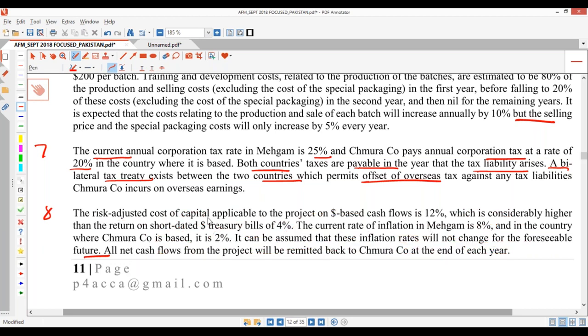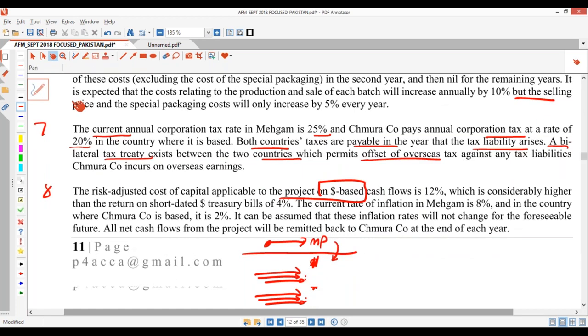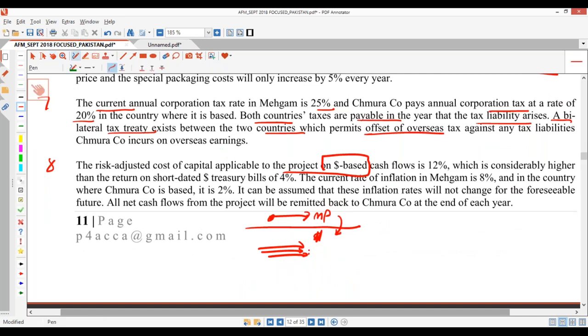So 12% is going to be the risk-adjusted dollar cash flows, because rule number 1, change all to Megam peso project, then you come back home to dollar, then you adjust whatever you need to adjust in your country, maybe for example tax, maybe you need to adjust for profit made, intercompany transfer pricing profit, management fee received, royalty income, all this. If there is, you need to adjust. In this question, we don't have all that complications. Okay. Then you're going to have all these figures, and then you're going to discount.